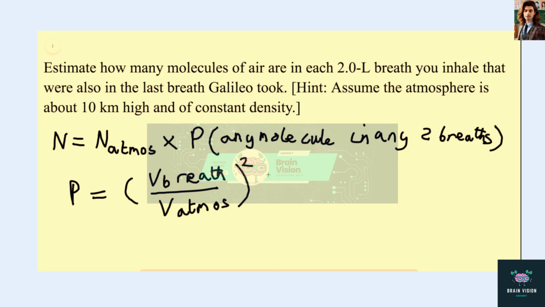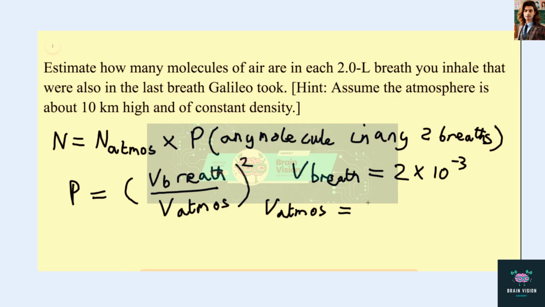So V breath is equal to 2 liters. In SI units, that's 2 times 10 to the minus 3 cubic meters. Volume of the atmosphere, V atmos, is equal to